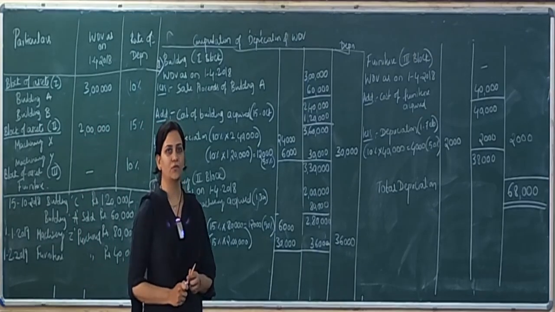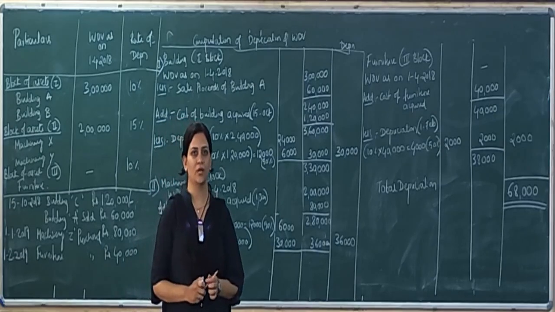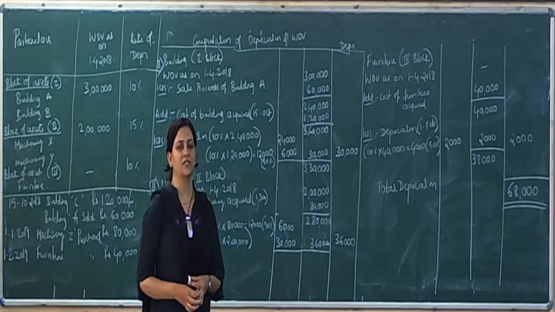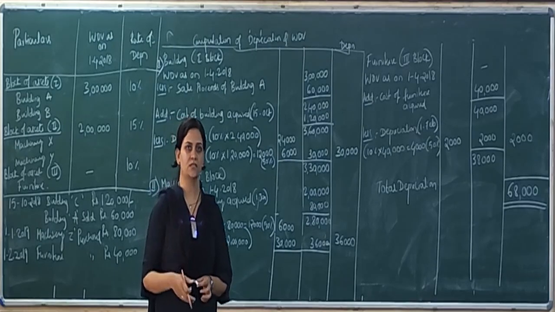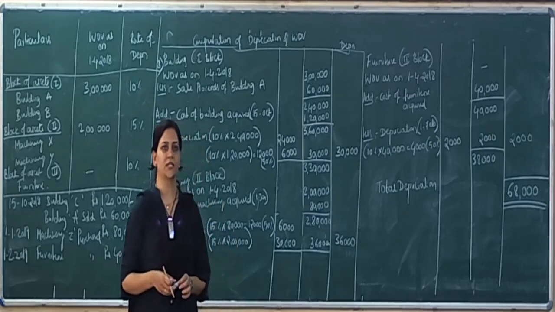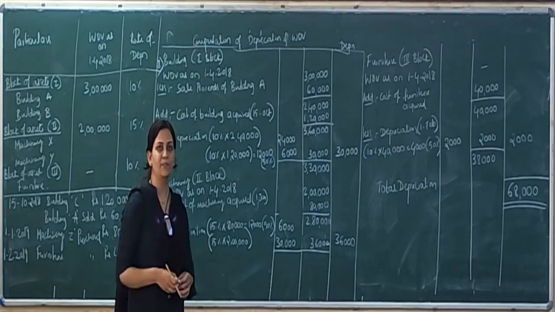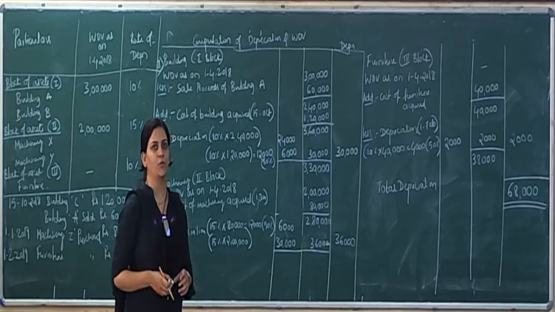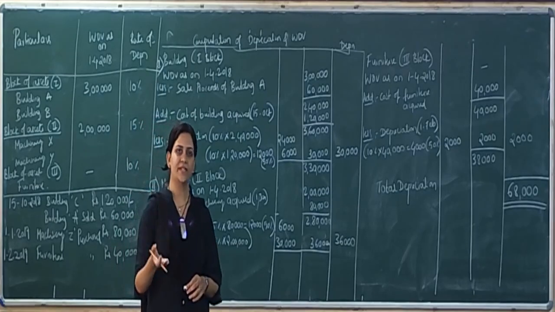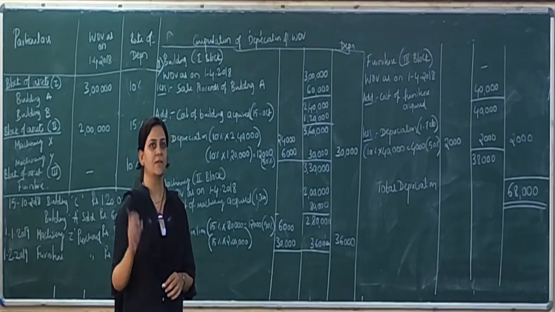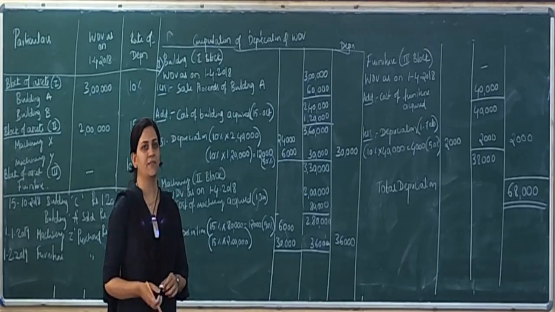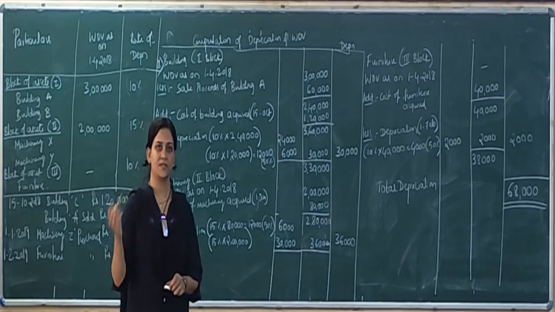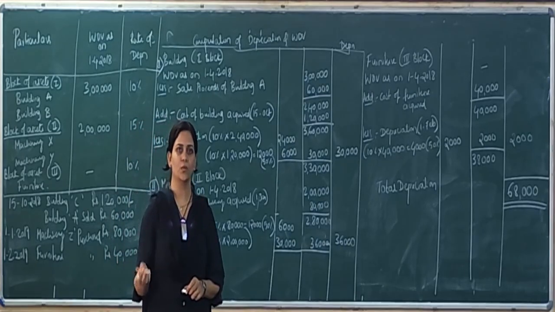So here, things to remember while calculating the depreciation. First we'll have to note down the written down value of a particular asset. Then after the written down value, you have to check are there any sales, right? So deduct the sales amount. After deducting the sales amount, go on adding purchases done for a particular block of asset. Once we deduct the sales and add the purchases, we will get one value, and then we are going to deduct the depreciation amount on each purchase that we have made, right?